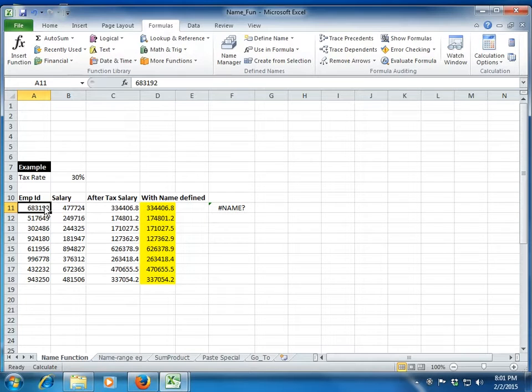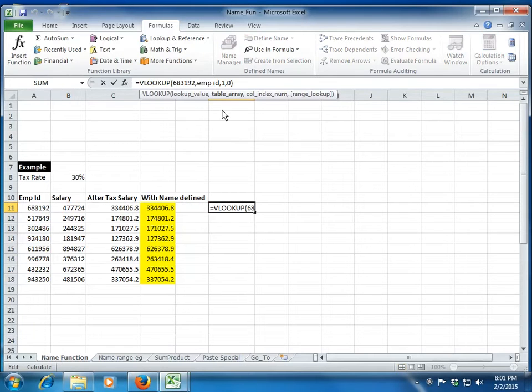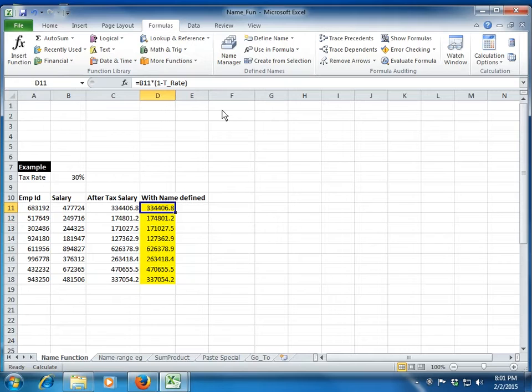Let me see, why is it giving me a reference error? Oh, I forgot, because a name cannot be created with a space. So it has by default taken an underscore in between, and you see that I get my data. Right, so this is one example where I will use naming a group of cells.